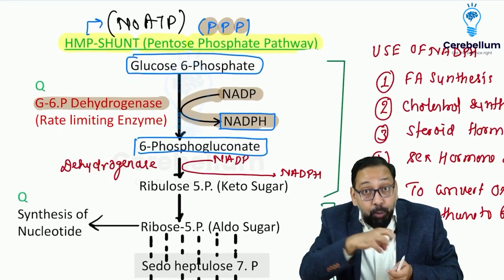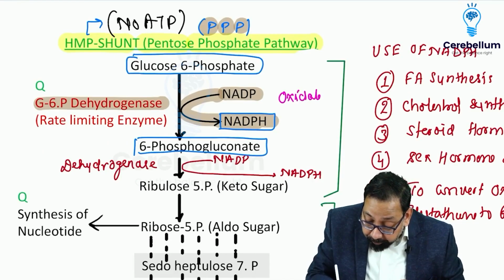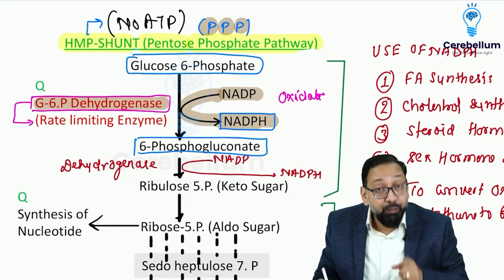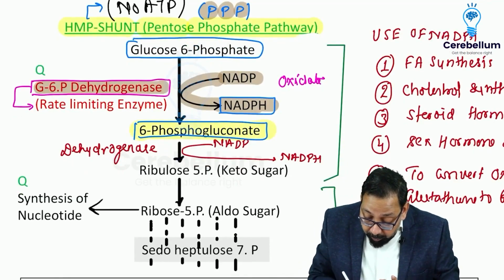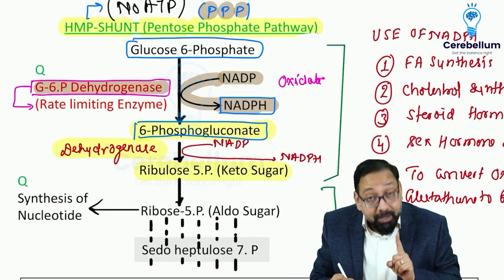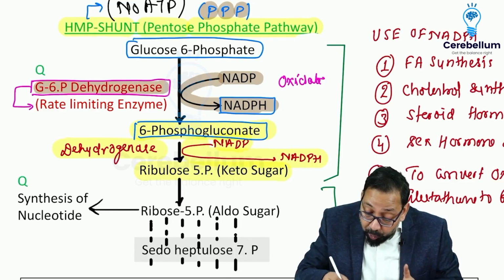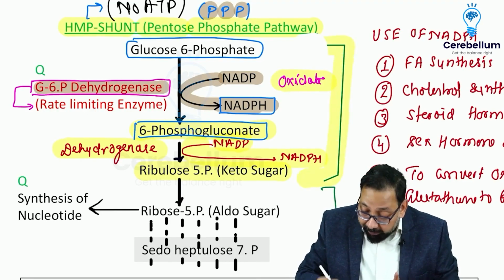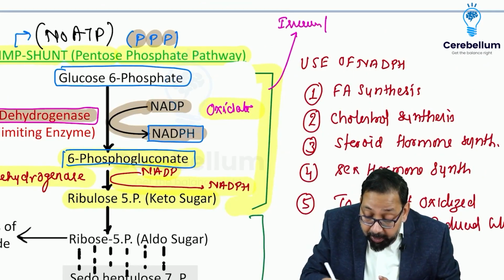And this is removal of hydrogen. Removal of hydrogen is called oxidation. And this glucose 6-phosphate dehydrogenase is a rate limiting enzyme of HMP shunt. 6-phosphogluconate is converted to ribulose 5-phosphate, pentose sugar, again by dehydrogenase. Again hydrogen will be taken up by NADP to form NADPH, and removal of hydrogen is oxidation. So up to these two steps I have discussed, these two steps are irreversible, and this is